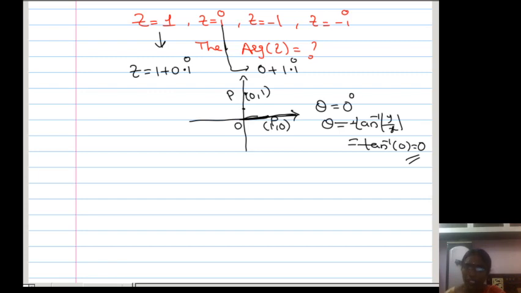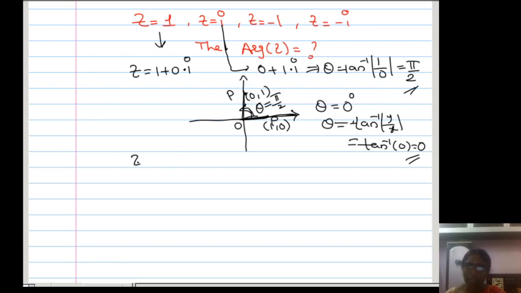So now, what is theta? This is our theta. Why? Because OP makes an angle with the positive x-axis in the anti-clockwise direction, and that is this theta. Tell me geometrically what is theta? Pi by 2. Geometrically you can observe that theta is pi by 2. But theoretically, according to the formula, what can I write for this theta? Tan inverse of mod y by x, where y is 1 and x is 0. 1 by 0 means infinity. Tan inverse of infinity is pi by 2. In that also we are getting the same answer.